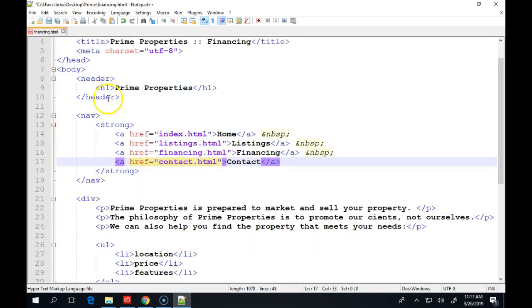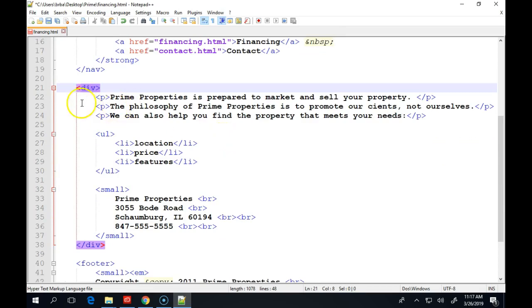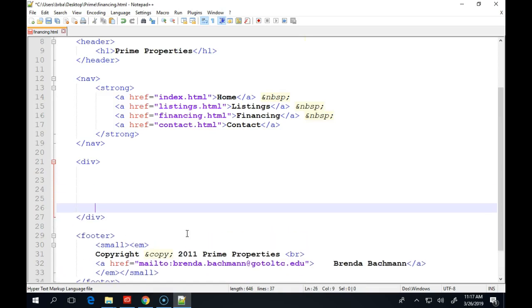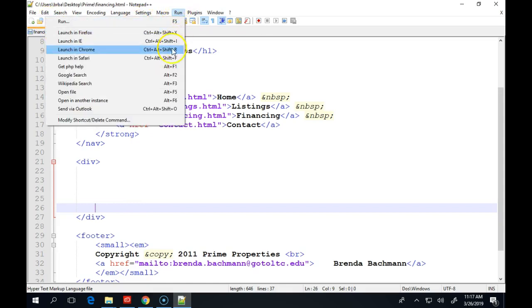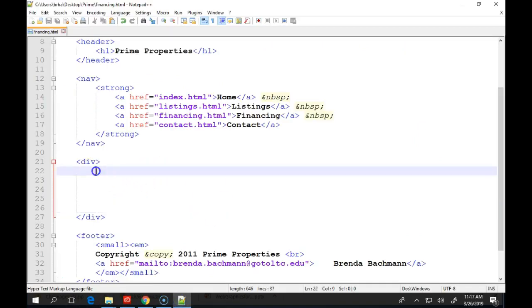Then we're going to come into this div, which used to be our content section. This is the main part of the page, and we're just going to wipe out all of it. So we're going to start with an empty div section. If this is our financing page and we save it and take a look at it after we cleaned it up, we basically have our header, our navigation and our footer, nothing in between. So that's what we want to do now, add to that so that there's actually information in there. So inside the div,